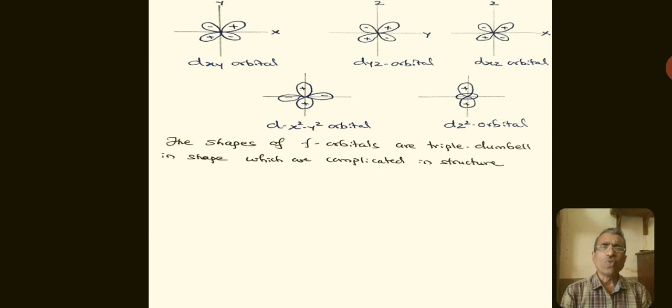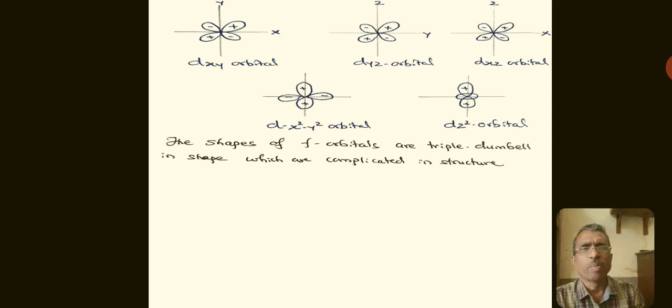So dxy, dyz and dxz orbitals are in between the axes. Here each lobe is in a positive environment and the other lobe is in a negative environment. The dx square minus y square and dz square orbitals lie along the axes, and their signs are also shown